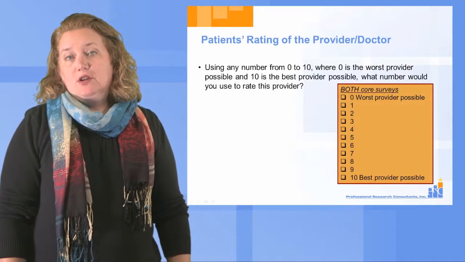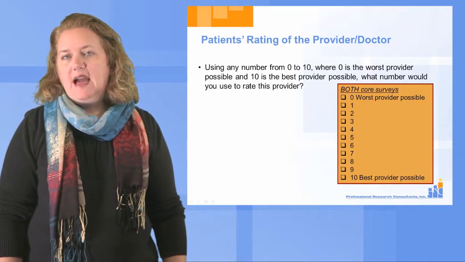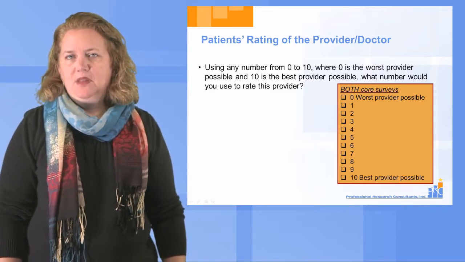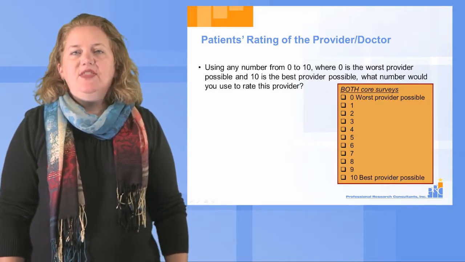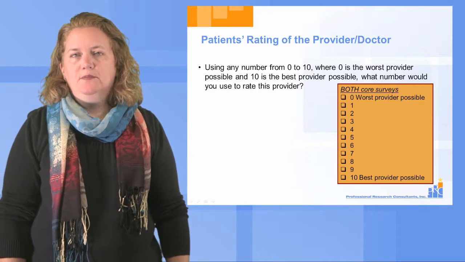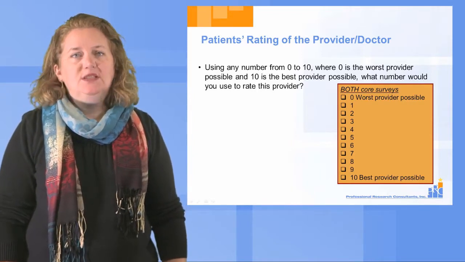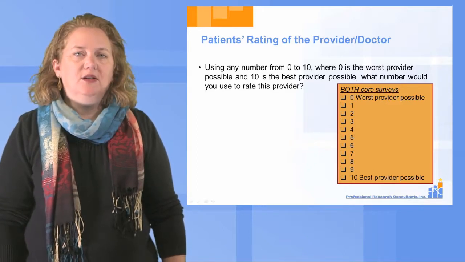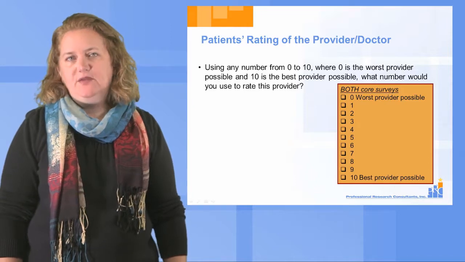The core survey concludes by asking the patient for an overall rating of the provider on the CAHPS standard 0 to 10 scale. This question is reported on its own, not combined with any other question, and the 9 and 10 responses are added together to create the top box score. The visit-specific survey does include a question asking patients about their likelihood to recommend the provider as a second global rating item, but this question does not appear on the 6-month version of the survey.